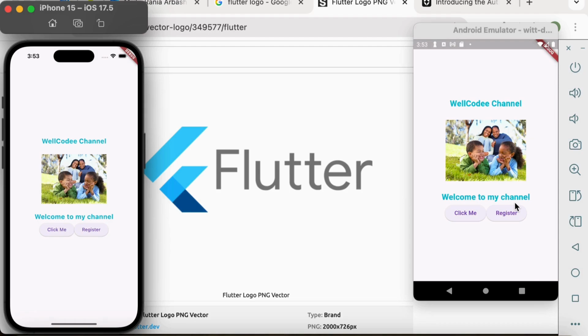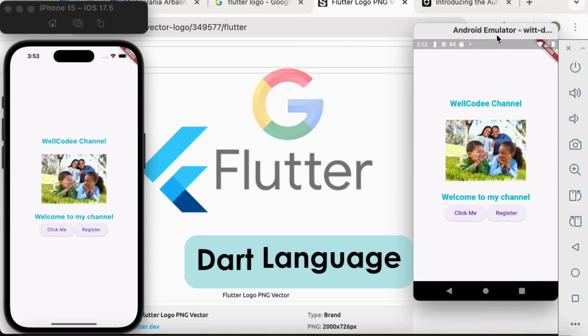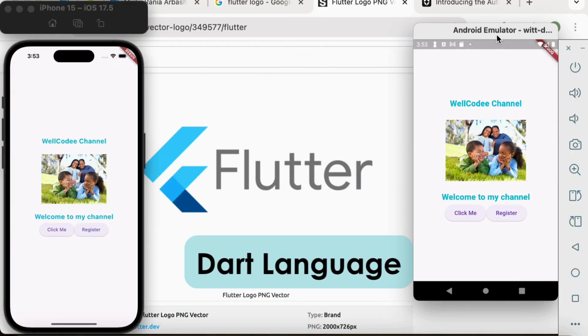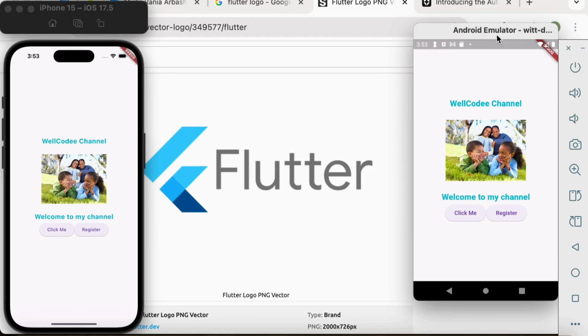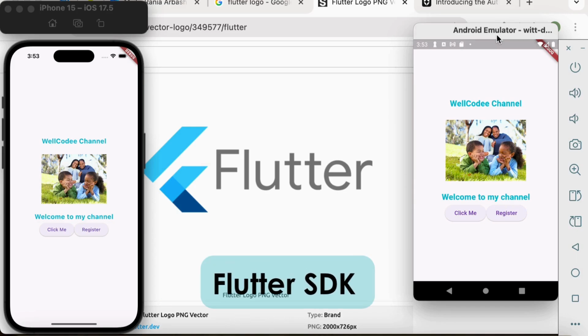In today's video we will start learning Flutter. Flutter is a cross-platform mobile application development framework, basically supported by Google, and we will learn about Dart as a language to write the syntax. In this application we will learn how we can write one code in Dart and run it on both Android and iOS. We will learn how to install Flutter SDK and prepare our Visual Studio Code to work with Flutter